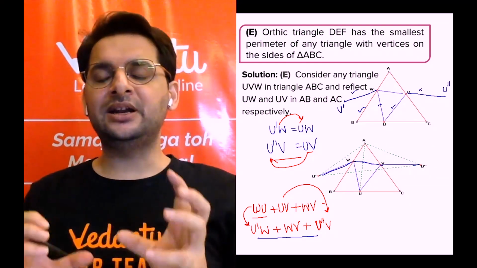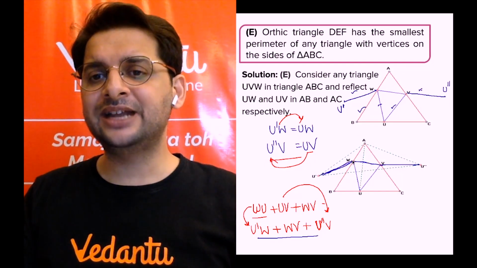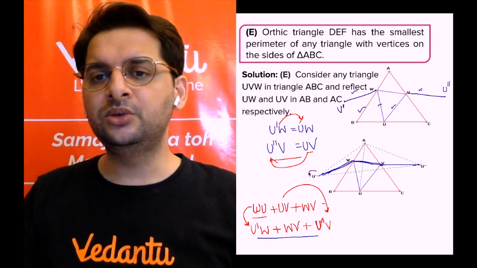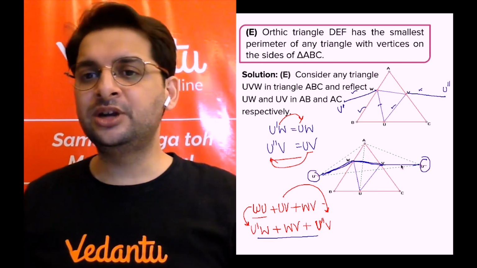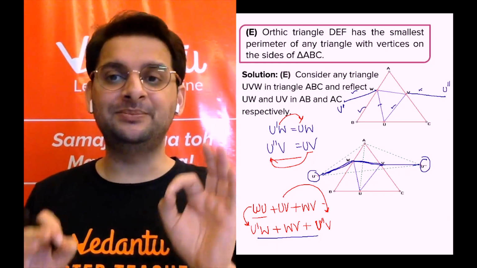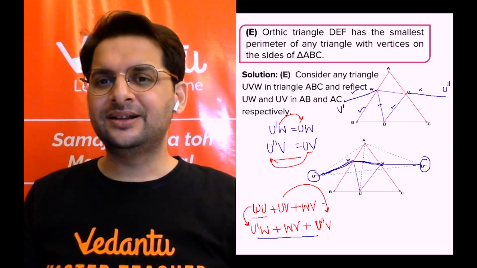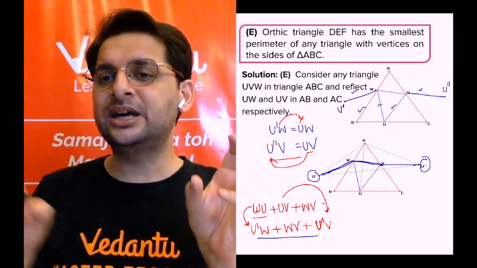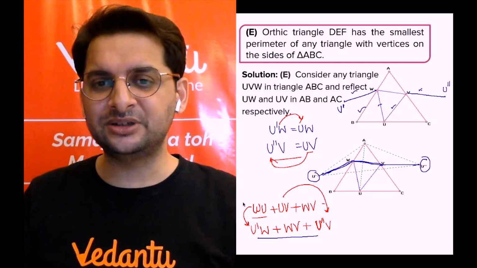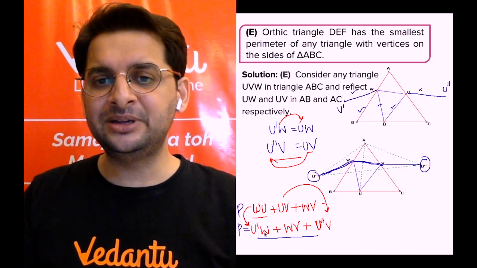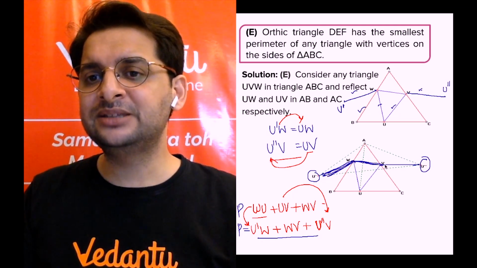Now, the perimeter of the triangle, if I take the reflection, becomes this length. In other words, I have to go from U dash to U double dash. Since the perimeter is minimum, I have to take the shortest route from U dash to U double dash to make the perimeter shortest. I hope you are getting this, because this is the perimeter, and by geometry the perimeter is this length plus this length plus this length.